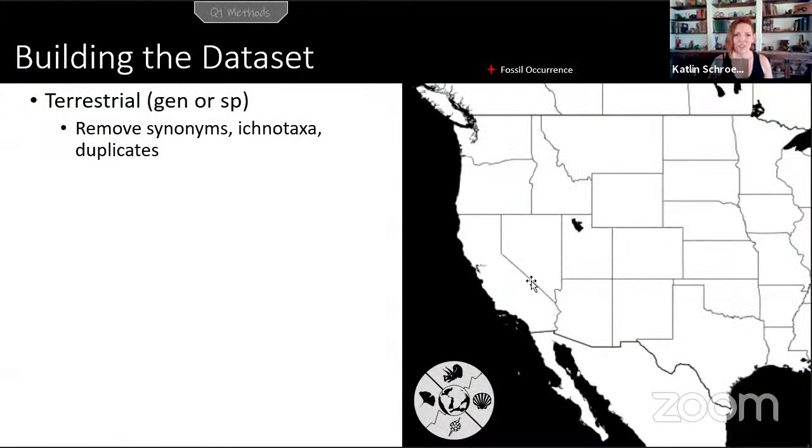So what that means is removing synonymous taxa, making sure that T-Rex and Dryptosaurus aren't in the same place because Dryptosaurus is really T-Rex in those areas, right? And then double checking everything against the most current literature to make sure that this animal is still really a dinosaur, not some synonym of another dinosaur,